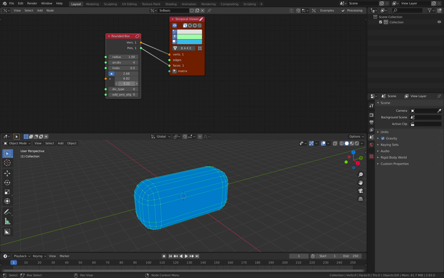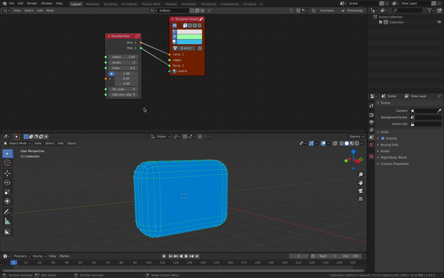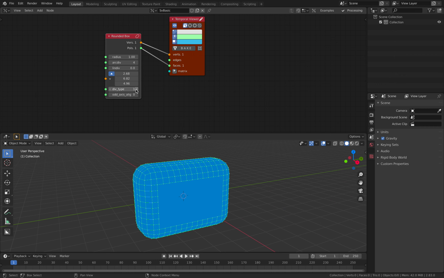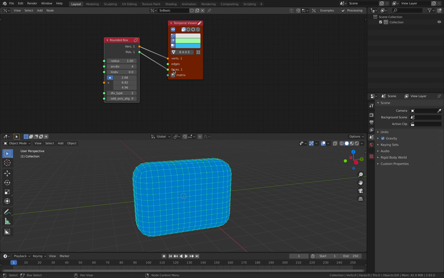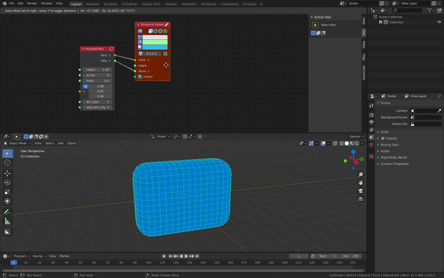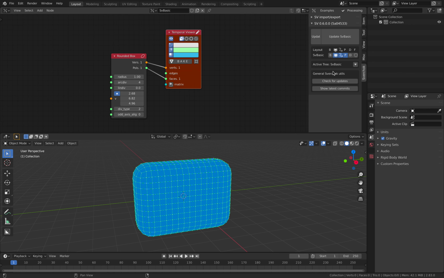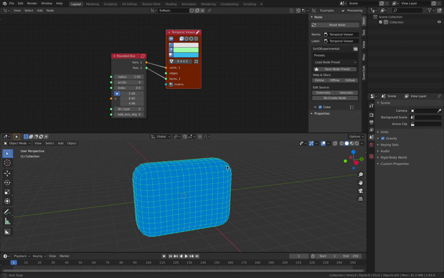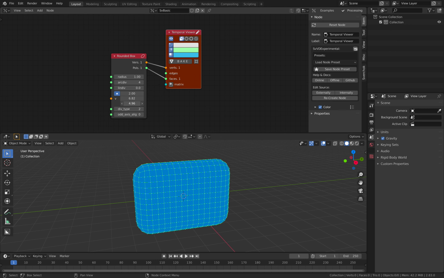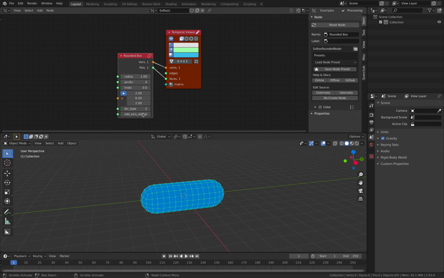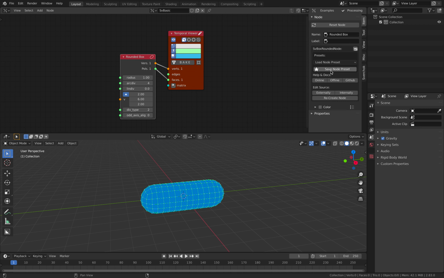And if you look at this node, you can actually have multiple variations of this primitive. So maybe this can be called capsule. And SVerchok actually has a couple of things. You can save this as presets, for example. So if you want to have an actual capsule, for example, a capsule in the x-axis, let's just do it like this. You can save node presets and call it capsule